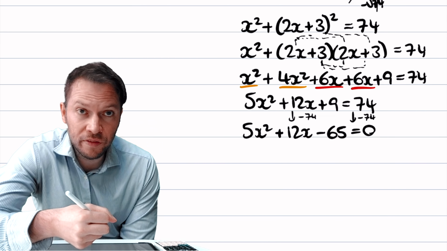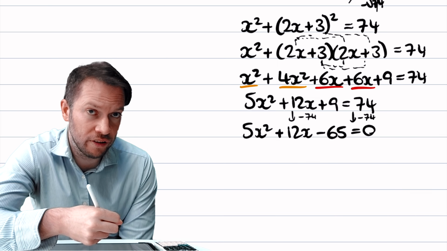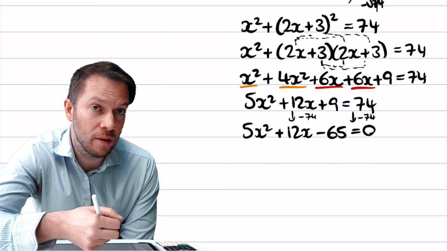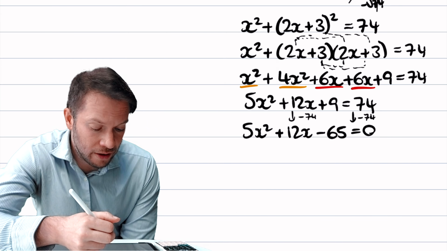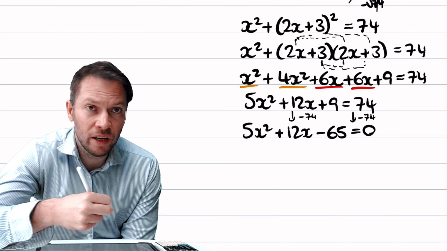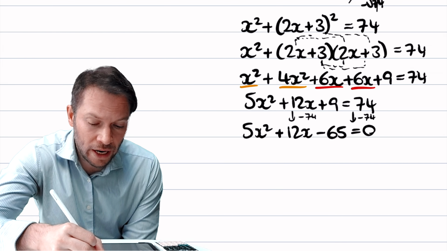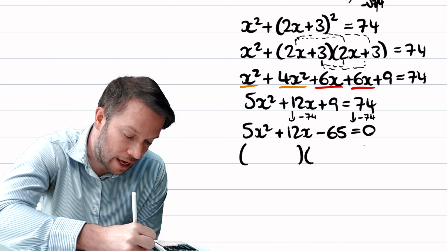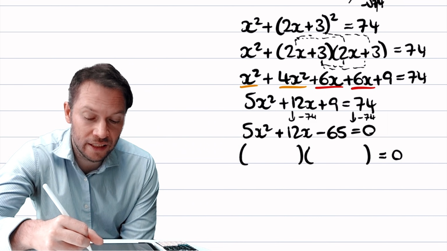And in previous videos, we've seen how you can factorize a quadratic like this, and please do watch those first. You could do something called splitting the middle term, but I think that's going to be quite hard here because when you do the 5 times the minus 65, you're going to get quite a large number. So what I'm going to do is sort of intelligent guessing of the brackets